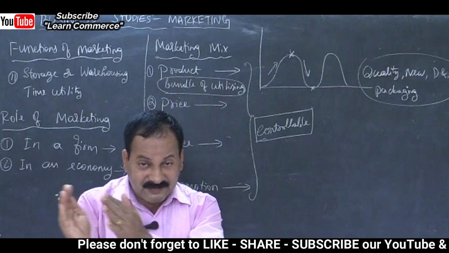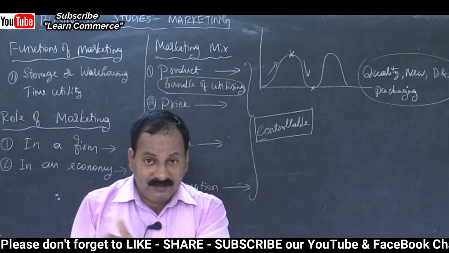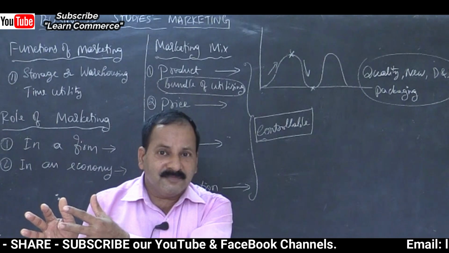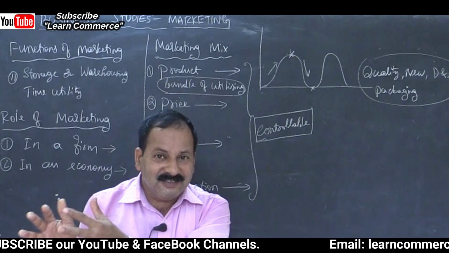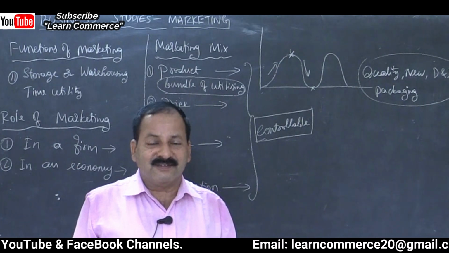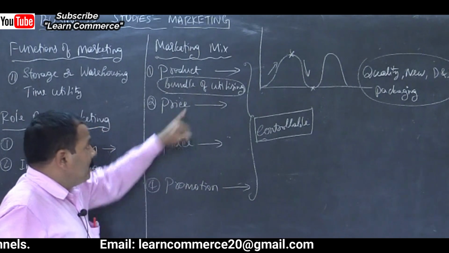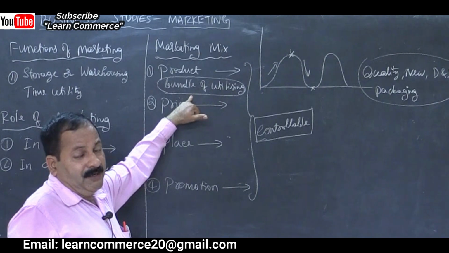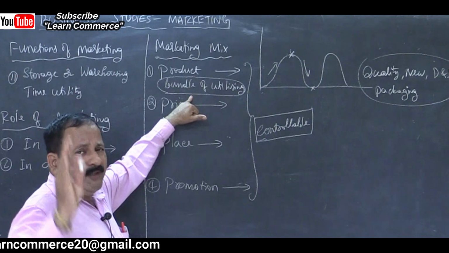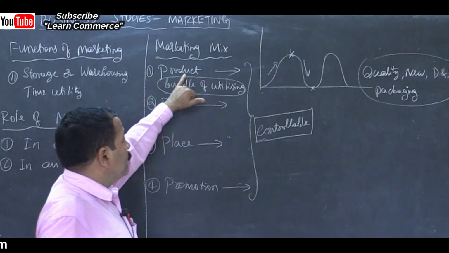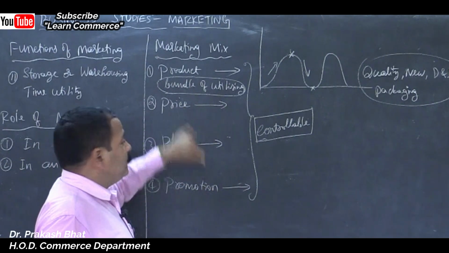And when he hands over the mango box by pressing the call bell, it is prestige for them. The neighbor is peeping, so it is our prestige. We are buying this, isn't it? So that is why product is a bundle of utilities. It contains everything, including the product features and accompanying services. So that is what product is. Moving on to the second point, price.